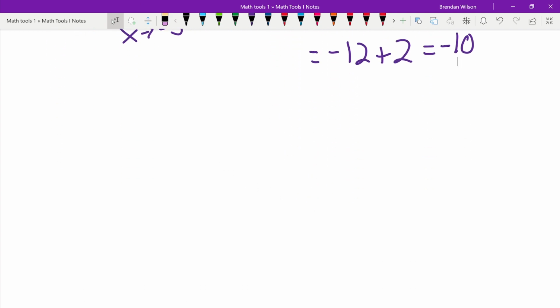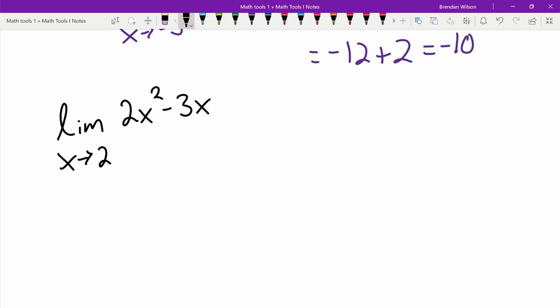And now we can do another one here. So the limit as x approaches 2 of 2x squared minus 3x plus 1 over x cubed plus 4. So you could break this up as much as you want, basically. And, you know, in practice, you might not want to necessarily break this up. You might just want to do direct substitution. But when you're doing direct substitution, you kind of are implicitly using these laws. Like you're kind of saying that